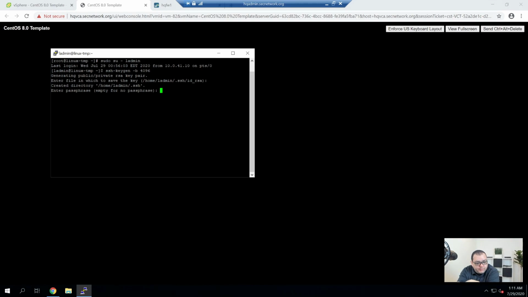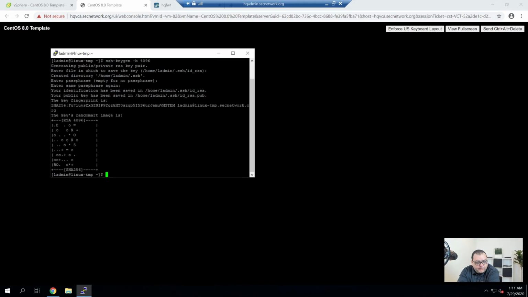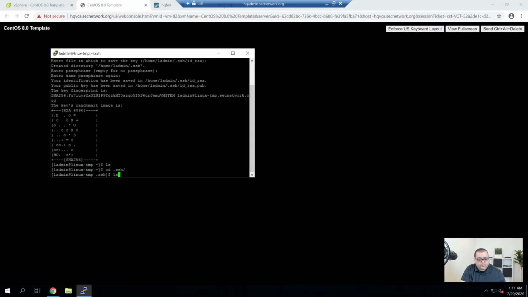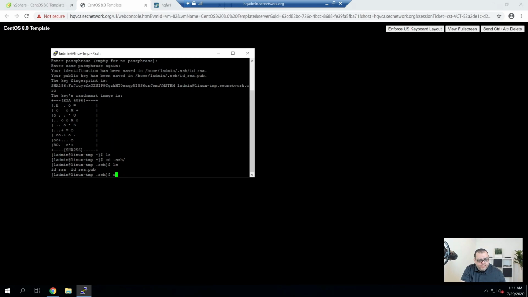Yeah, I'm going to store it there. I'm not going to add a password. And then I'm going to cp id_rsa.pub to authorized_keys.